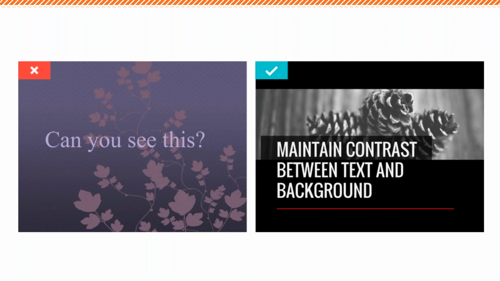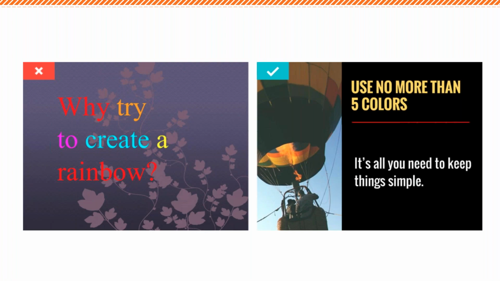Make it as easy as possible for your audience to gather information. That's essentially your job as a presenter: make it as easy as possible for your audience members to get your message. If at the end of your presentation your audience members don't understand your message, that's on you, not on them, essentially. That could be in the way you're delivering it orally or delivering it visually. That's on you. This is a design thing, but use no more than 5 colors. Staying to a color palette is really important, especially with the branding part of this as well. And this goes with images and with text as well.